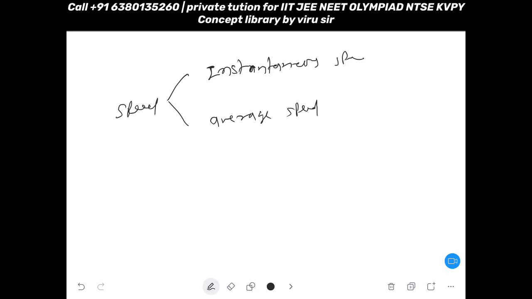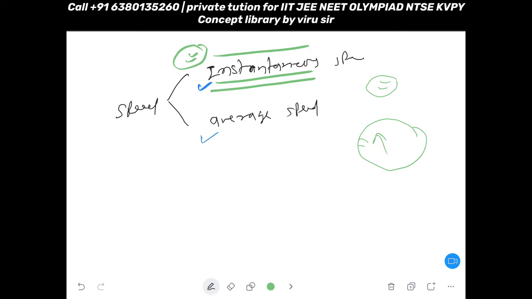Now the question comes, in our daily life, which speed should we go by? I mean, should we talk about instantaneous or average? Actually, this question doesn't make much sense. Whenever we run, walk, or travel, whatever speed you are facing at every moment is instantaneous speed, because you can see your speedometer in your bike or car. Do you understand what a speedometer is? There is one needle and numbers written, and the needle shifts and tells you what your speed is.